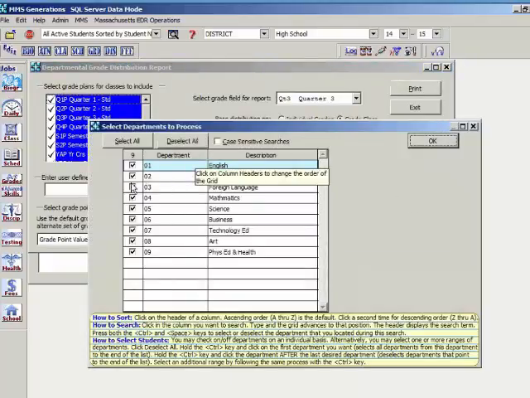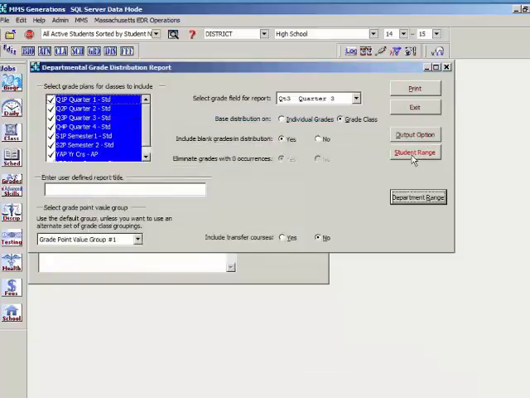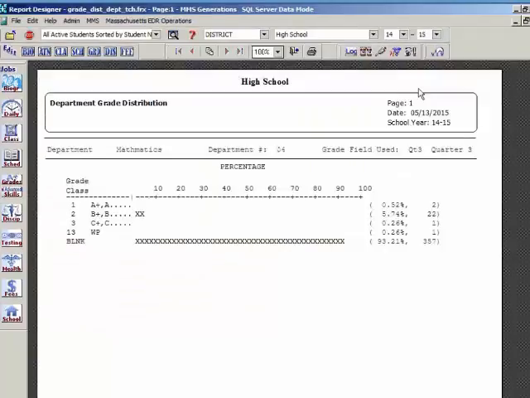Now you need to have department codes to do this. Let's pick on math. Let's do our math courses. Okay, and print. And so here we see again our grade classes and the amount of grades received